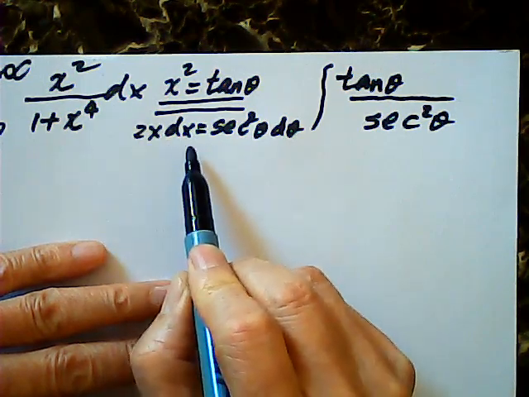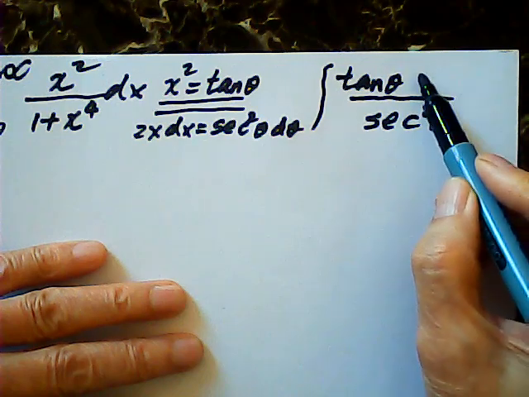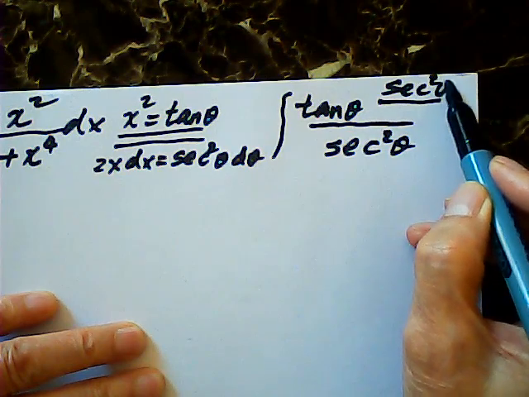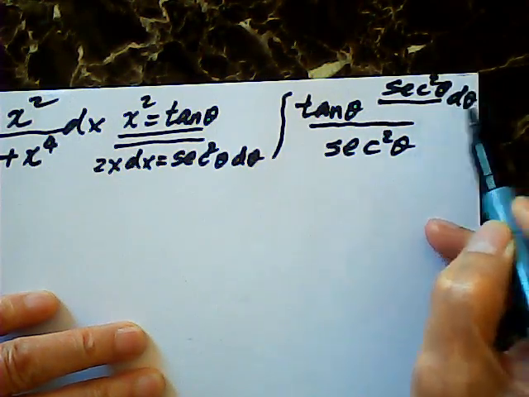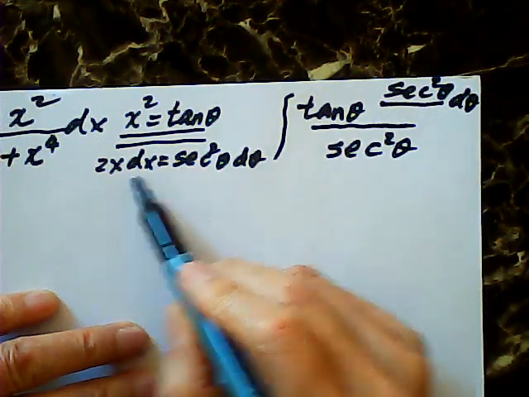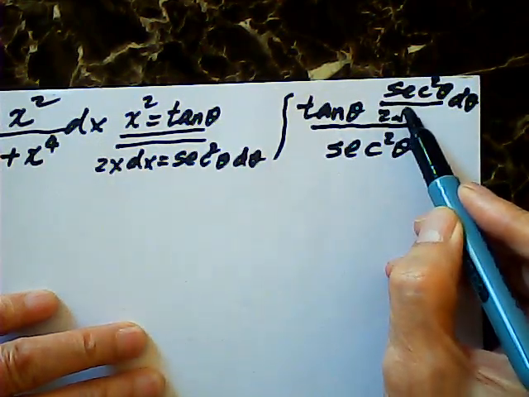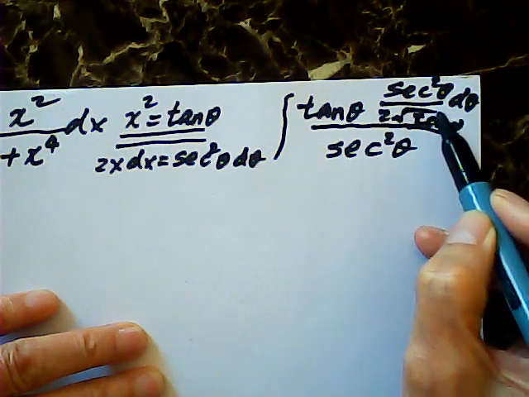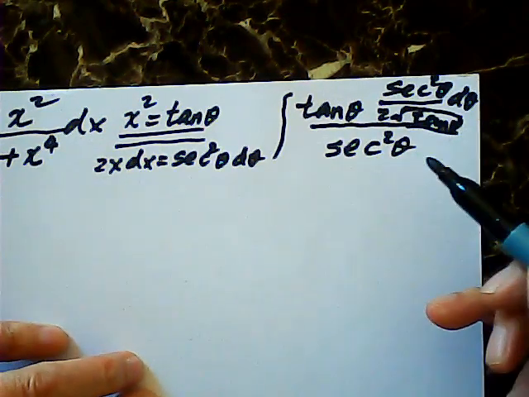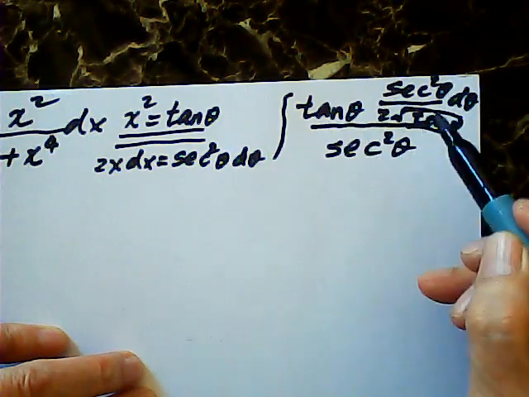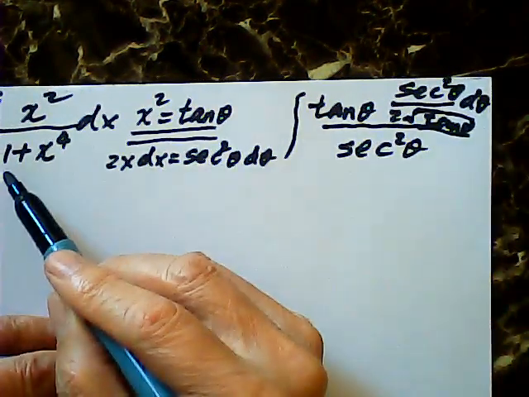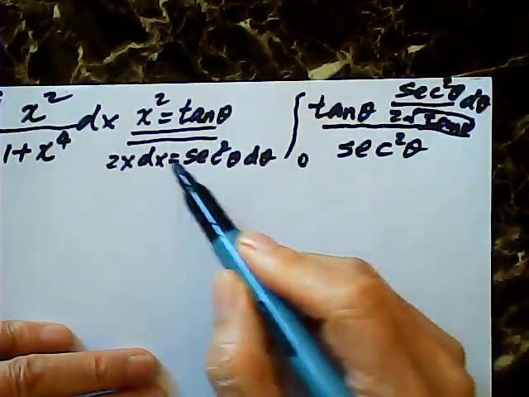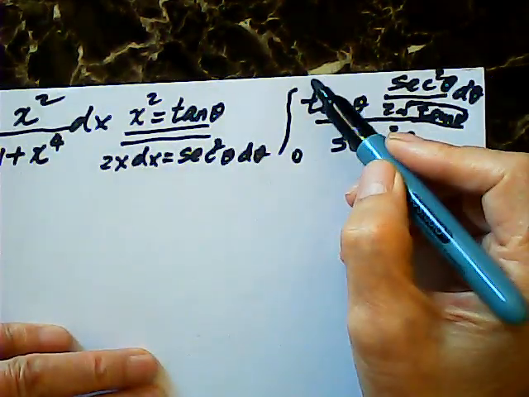And dx will be secant squared theta d theta over 2x, which is 2 square root tangent theta. I'm sorry, they're squeezed into small places. And when x equals 0, theta is 0. When x equals infinity, theta is equal to